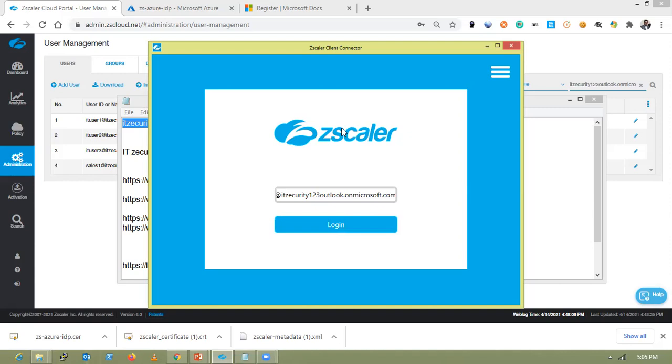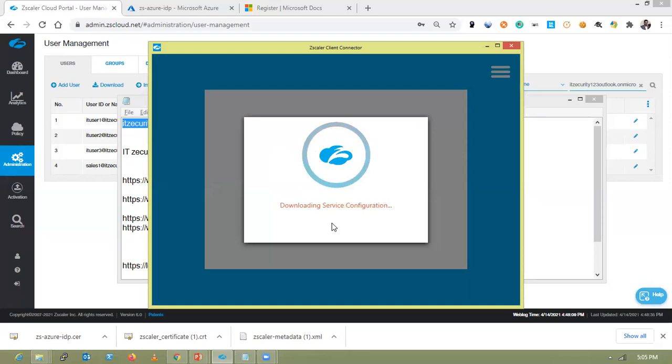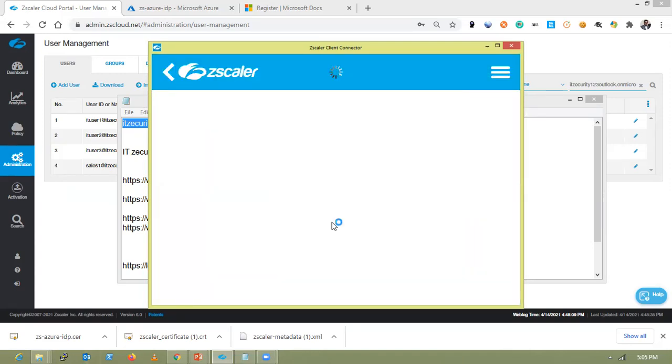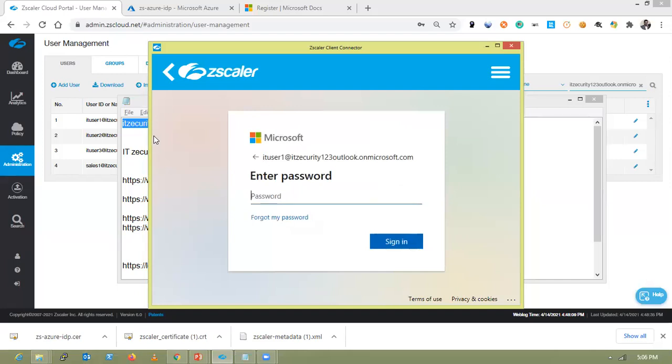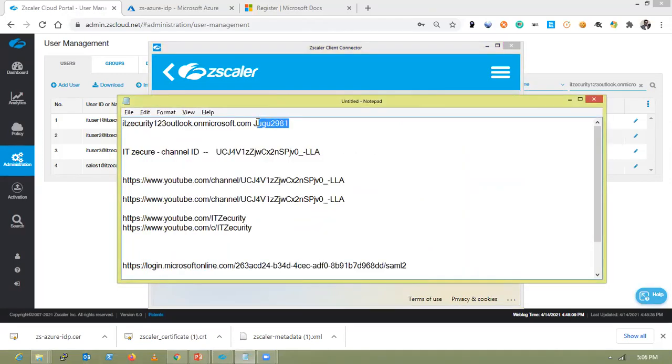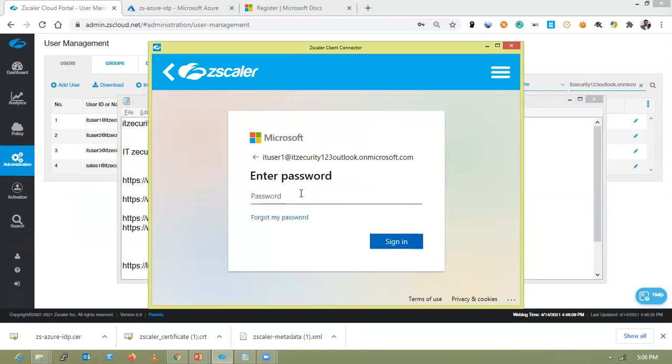I'll click login. Once the redirection happens to Microsoft Azure IDP, you can enter the credentials, username and password again. Click sign in.